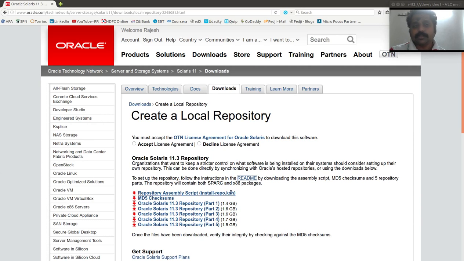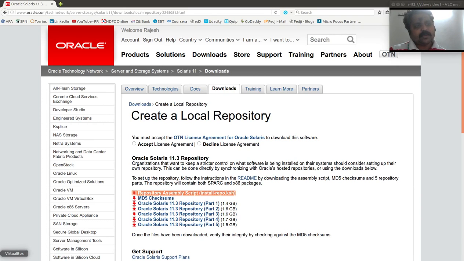And then you also need the Korn shell script that can be used as a single script, single command to stitch these files together, mount these files onto a local mount point, and copy the content of the directory onto a local ZFS file system. So we will see all of that in action. But of course, the first step is to have all these files downloaded and kept onto a local Solaris 11 box with sufficient disk space.